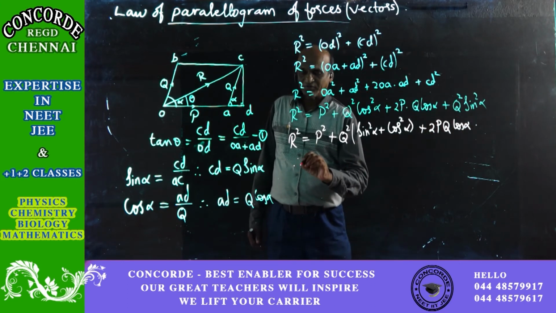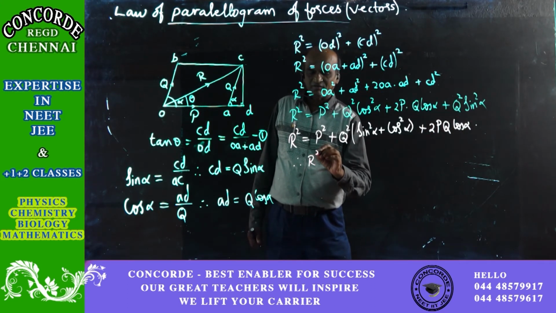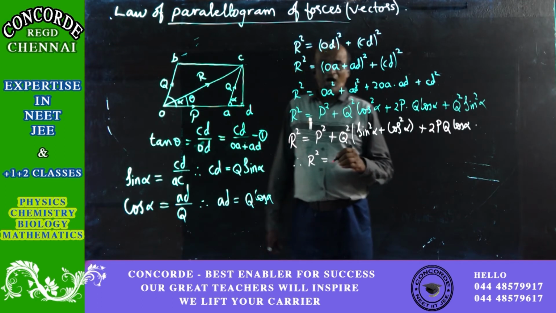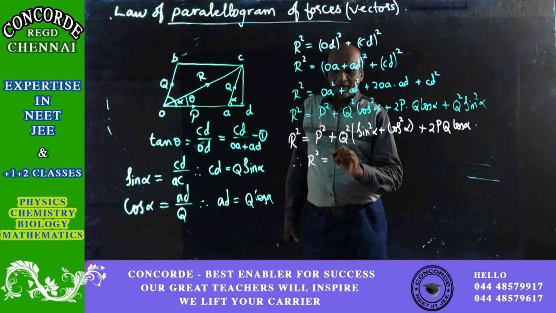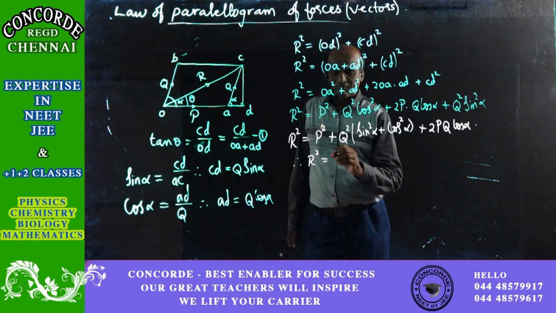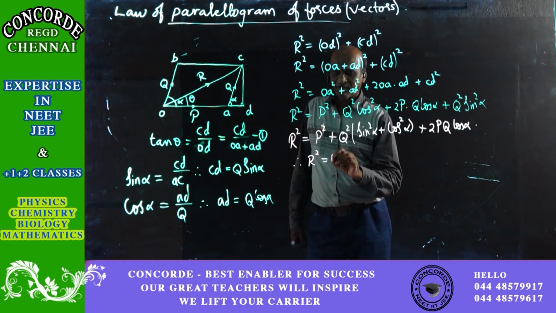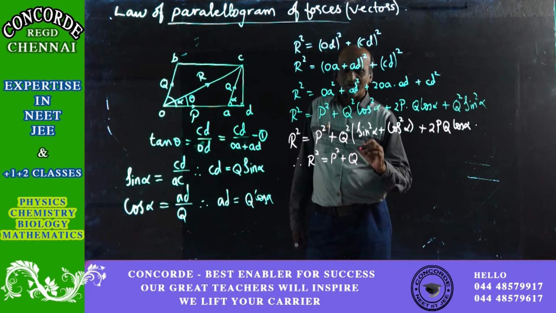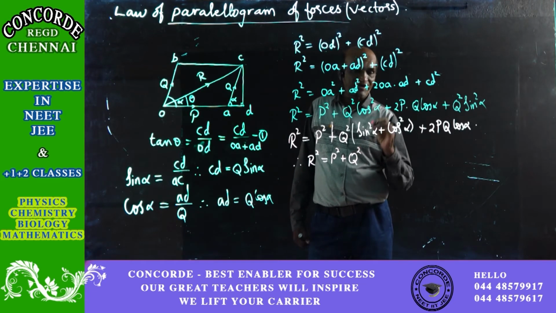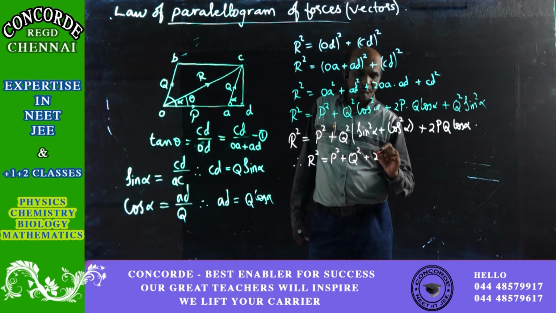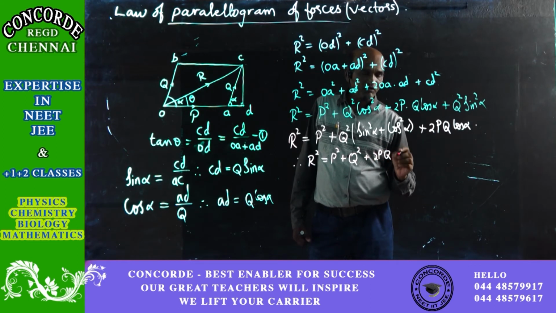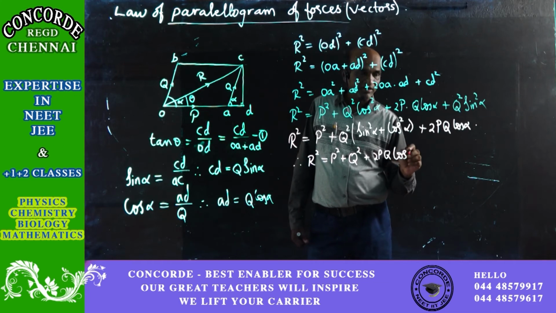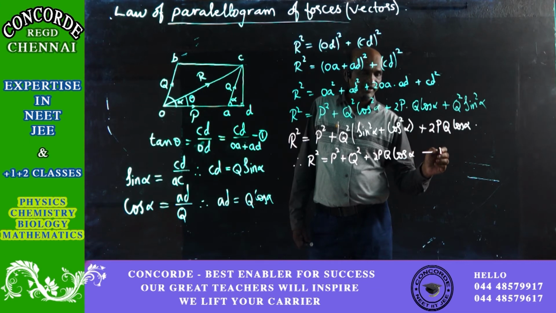So the last step that we have for the resultant, which is given by R, and the square of that is what we have here, and then P square plus Q square into 1, so that value of 1 will be having no meaning when it comes to multiplication, so forget it, and thereafterwards we have got 2PQ cos alpha. So we have now got the end result to find the magnitude of the resultant. So this will be equation number 1.